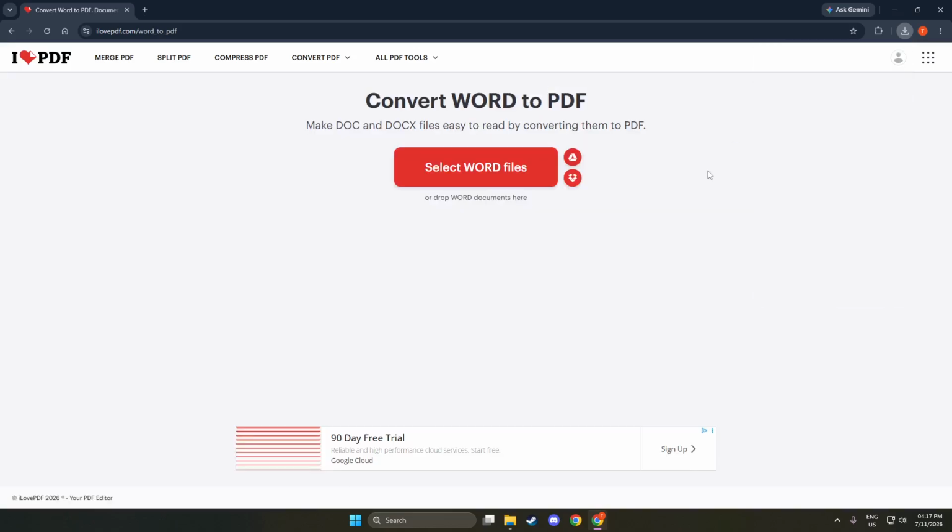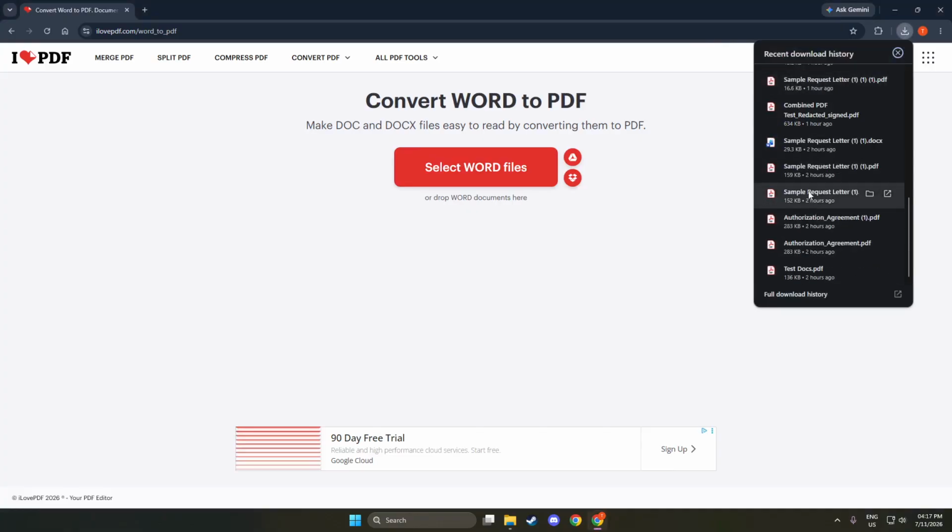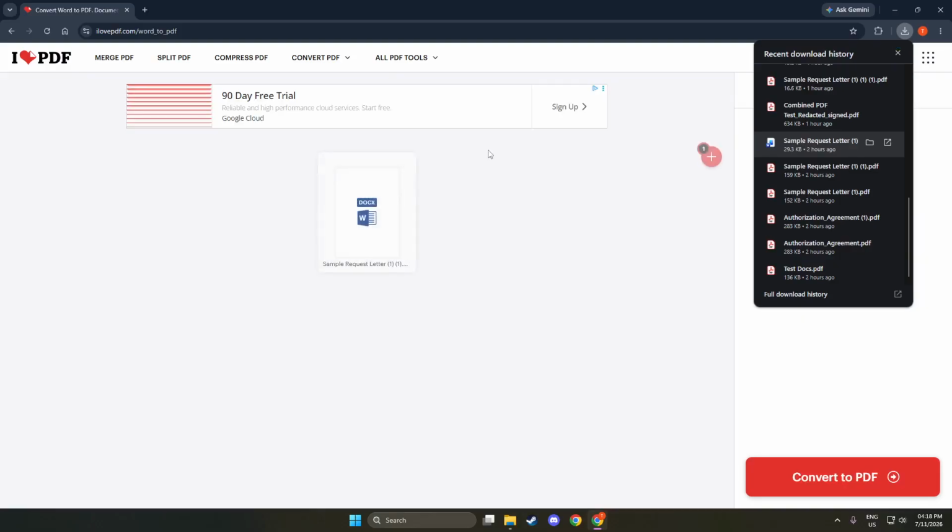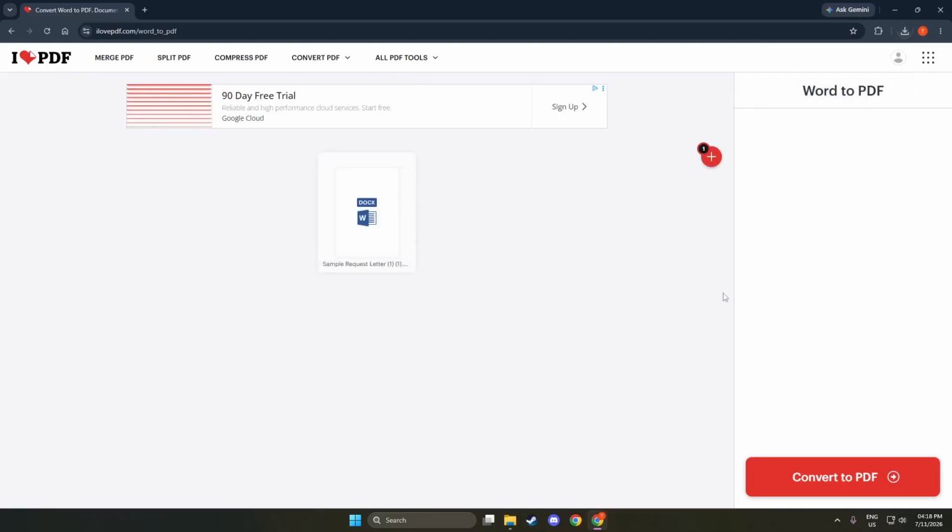Now that iLove PDF is open, it's time to select the Word to PDF option. Look for the various tools displayed on the homepage. You will find a specific option labeled Word to PDF. Clicking on this will direct you to the appropriate section. This step is important because it clearly indicates the task you are about to perform, ensuring that you're on the right track in converting your Word documents to PDF format.